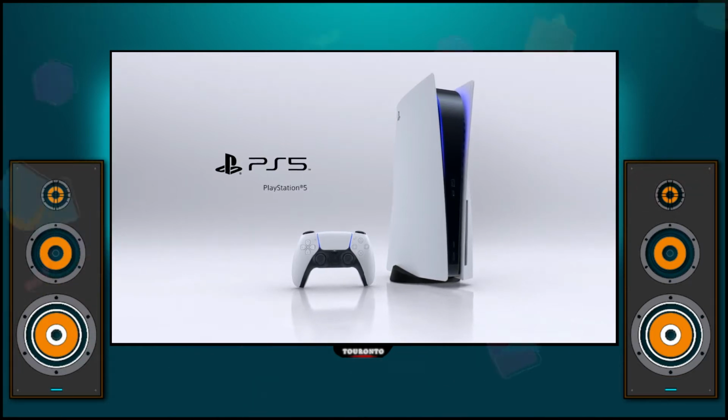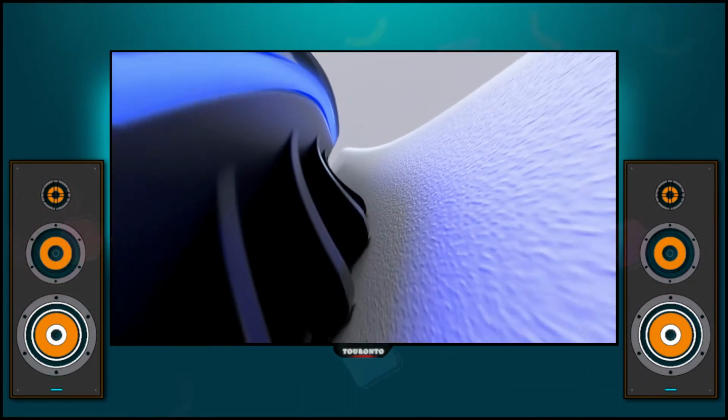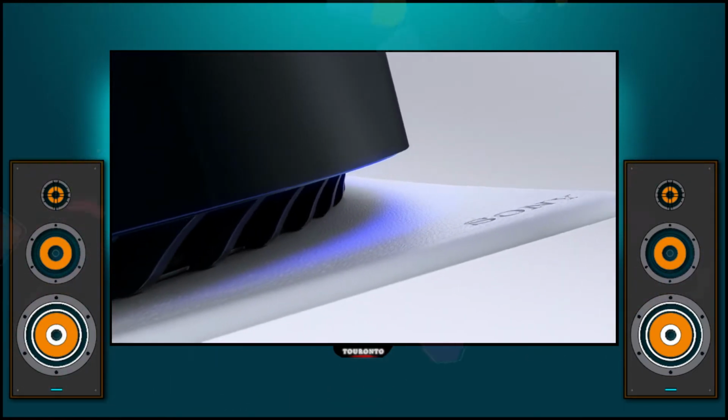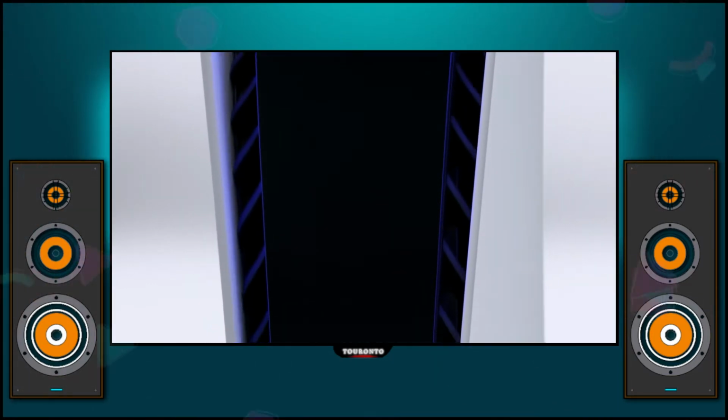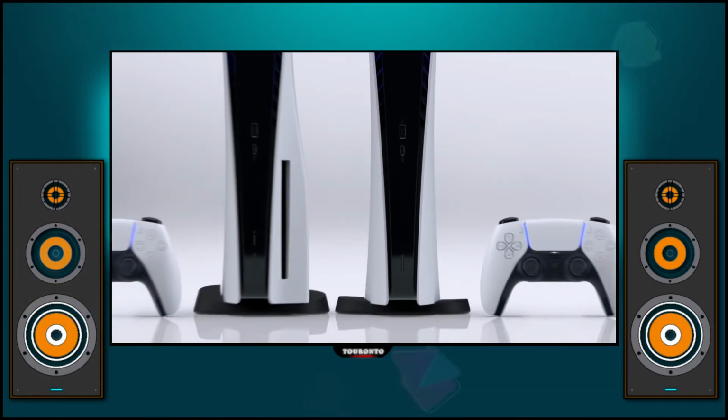So with that in mind, I just have to move my entertainment shelf a little bit lower than where I originally had planned, just to make sure that the PS5 does fit there and that there shouldn't be any problems. But hearing Sony talk about the reasoning for the large size is mainly because of the thermals and making sure that the system can remain cool at all times, and we are going to get a much quieter fan